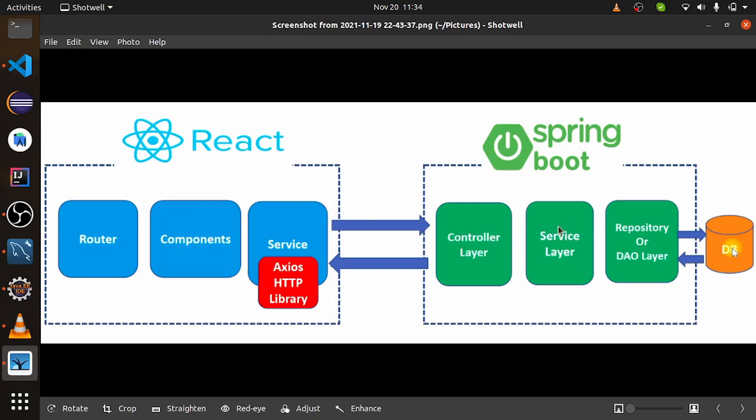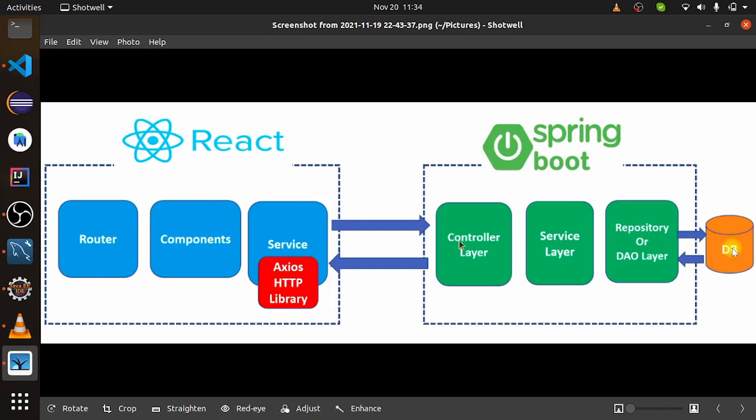For the service layer, we have written business logic, that is, what has to be done with all these things. And the repository or DAO layer is the layer we have used to write our database code to connect with the DB, which is MySQL in our case.